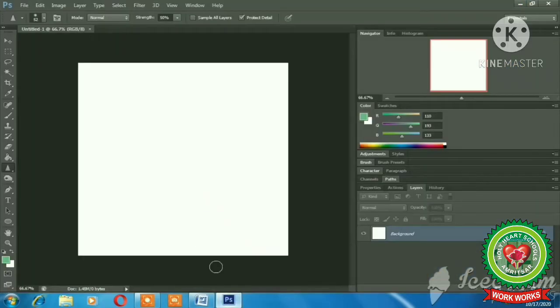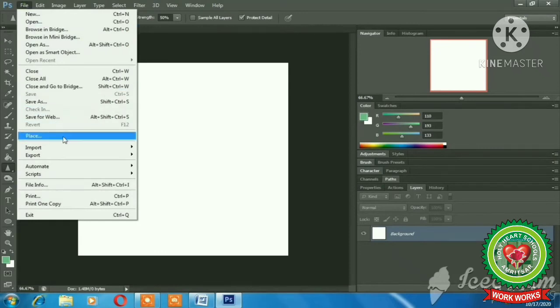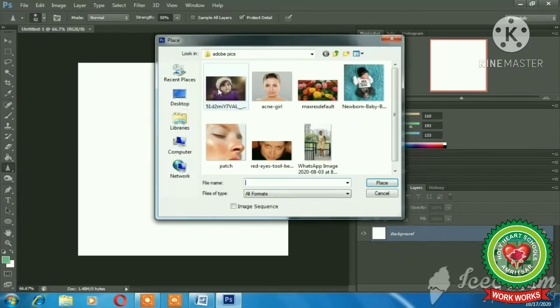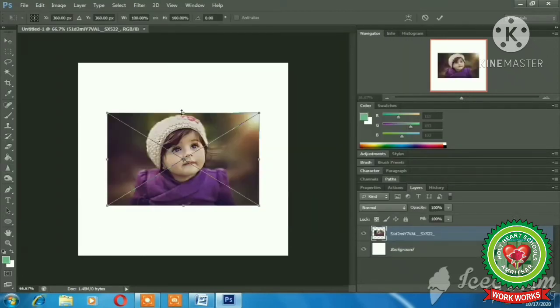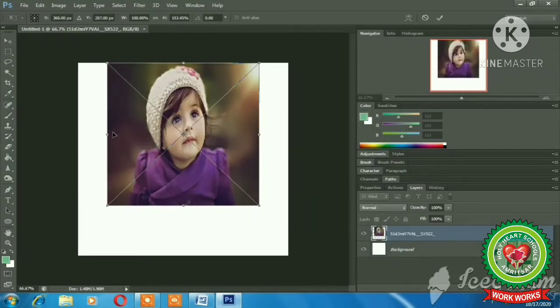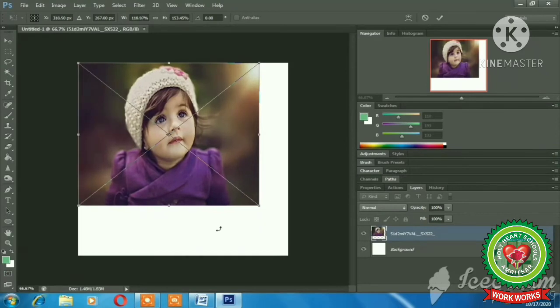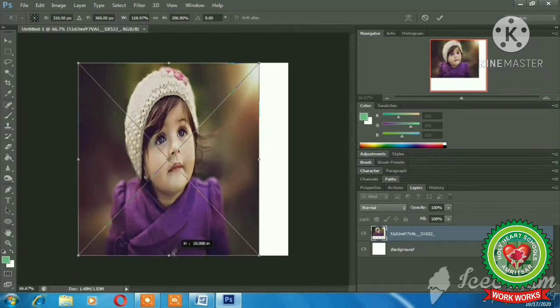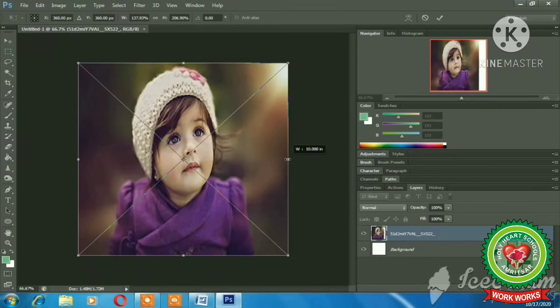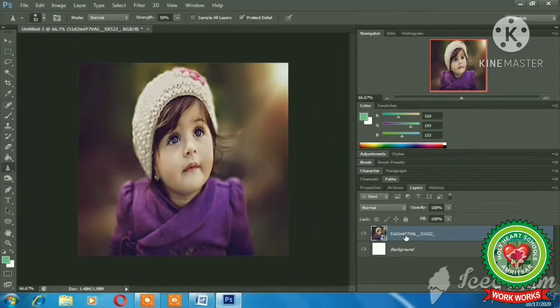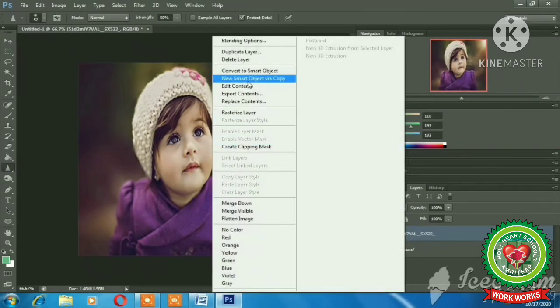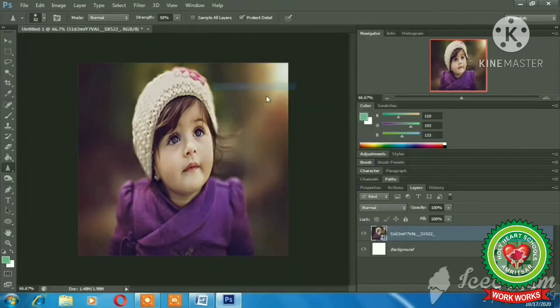I will open Adobe Photoshop, click on File menu, Place option. I'll take this image, click on Place button, hold and drag the mouse to resize the image according to your requirement. Double click, right click on the layer, select Edit Content, OK button.